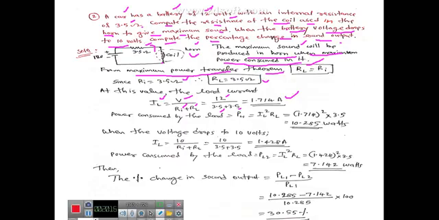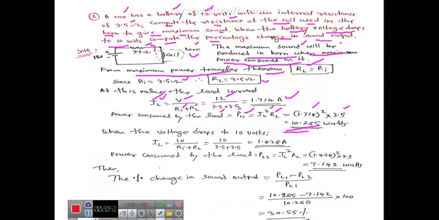So you can just substitute to find the power consumed by the load, PL. This is the current corresponding to the voltage of 12 volts. So you can refer to the power consumed by the load as PL1. So that is equal to IL square into RL. If you substitute the value of IL and RL, you will get 10.285 watts. So that is the power consumed when the battery voltage is 12 volts.